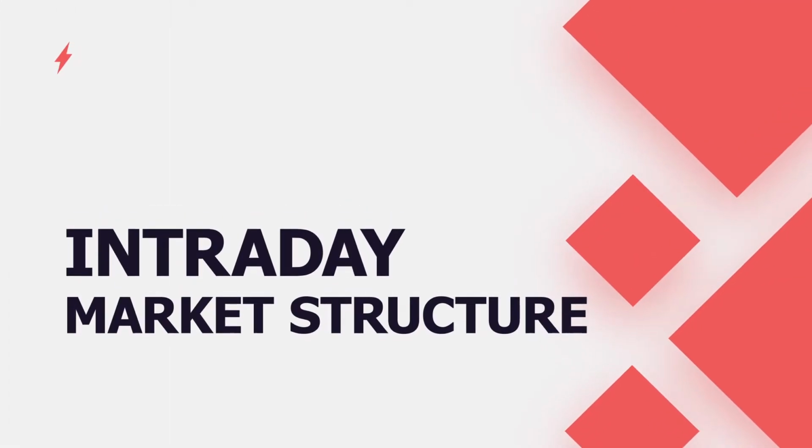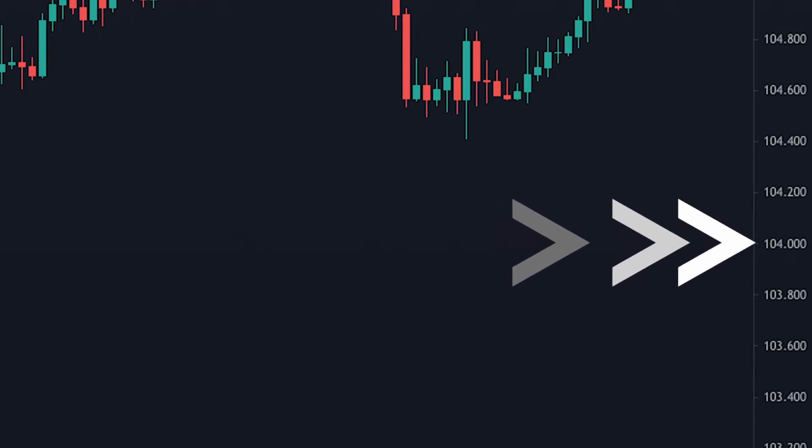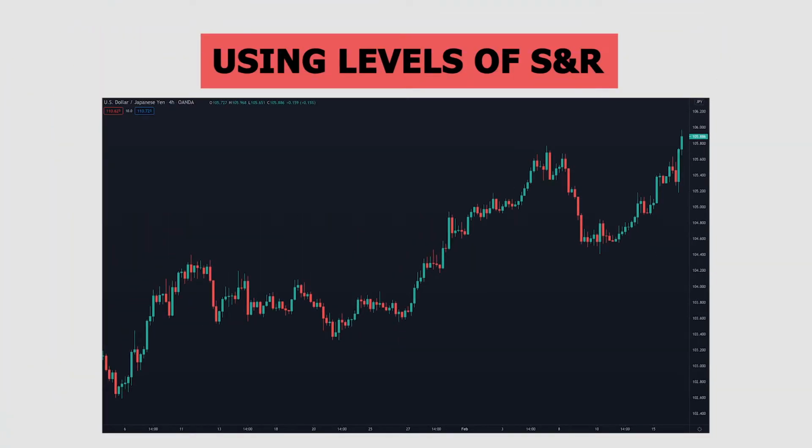The third tool in our trading toolbox is intraday market structure. We can use levels of support and resistance in our entry time frame to add further confidence to our trading setups. This could be a level of support, resistance, or a psychological level in the market, such as a round number. By combining this with our Fibonacci retracements, we'll be able to locate much more precise entry points into the